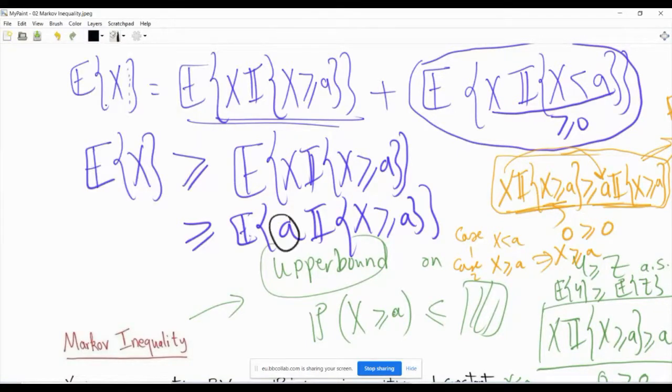So the first thing is that this is a constant, so you pull it outside, and then you have the expectation of an indicator. And so what is expectation? It's the possible value multiplied by its probability. The indicator is 0 or 1. So the expectation of any indicator will be 0 times the probability that the indicator is 0, which is 0 because you are multiplying by 0, plus 1 multiplied by the probability that the indicator is 1. As I said in the previous lecture, the expectation of an indicator is the probability of the event inside the indicator. So it is the probability that x is greater than or equal to a.